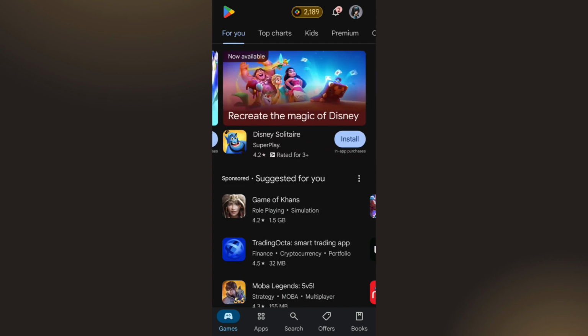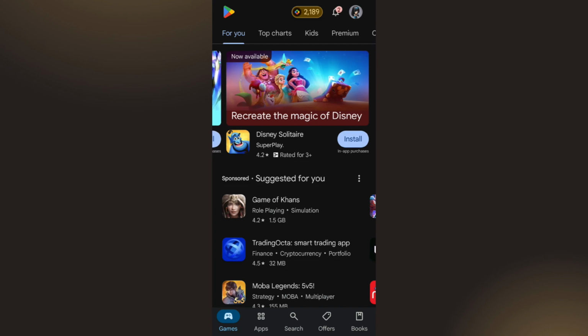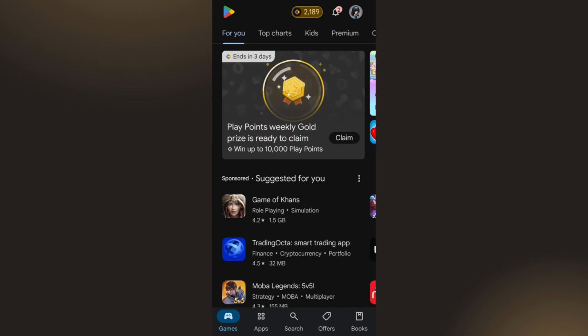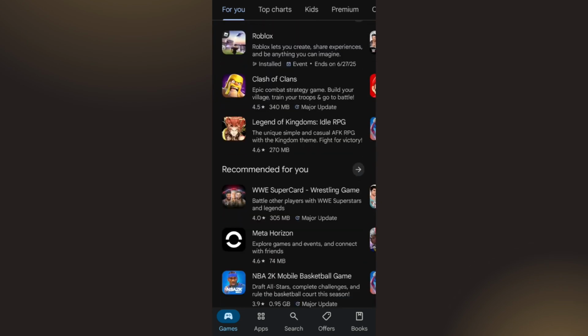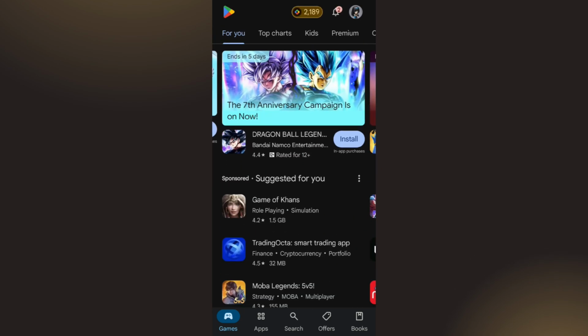First of all, if you have purchased your Suno AI subscription with the help of its application, you will have to cancel it with the help of the provider that you selected at the time of the creation of your account. For example, you can cancel it with the help of the Google Play Store or App Store if you have selected that. For that, you need to simply open your Google Play Store or App Store, and here